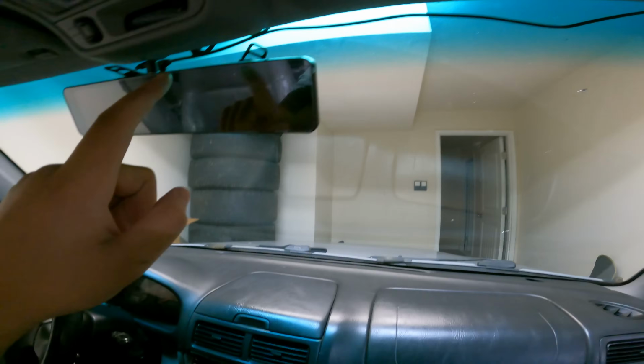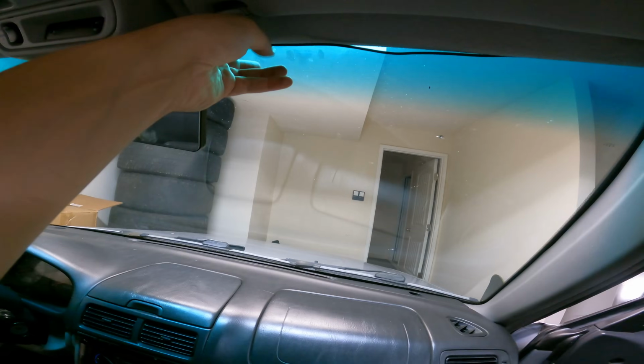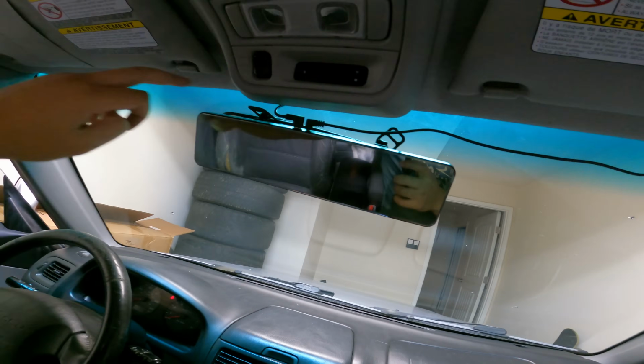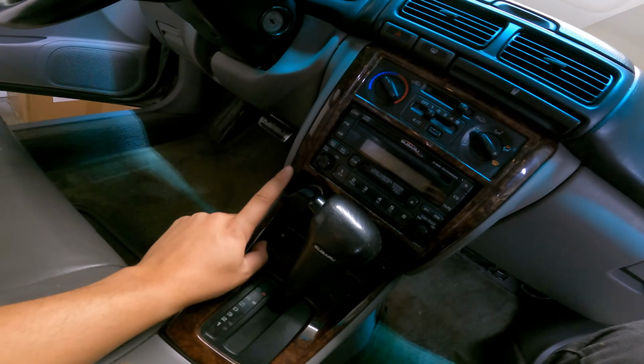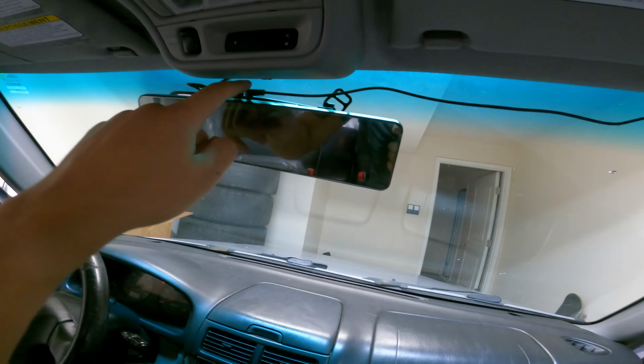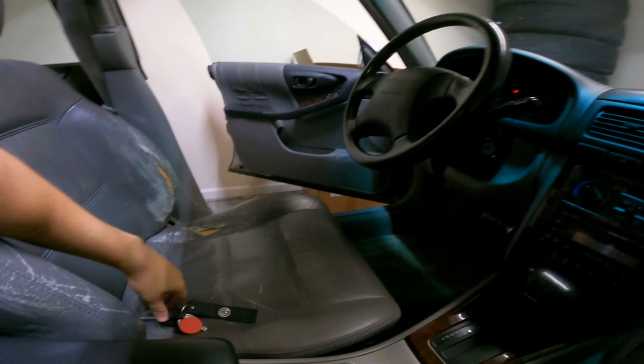Yeah, me too. All right, wanted to give an update before I go any further on where we're at. We've got the camera on here. I did mess up with this wire. I was being a little bit too thorough and it doesn't actually reach. So I'm gonna have to pull some wire all the way back. But to recap, we've got the power cord going all the way down through the trim, over the steering column, through here, and plugged into the port there. The rear view camera wire runs all the way back, and if I turn the key on,